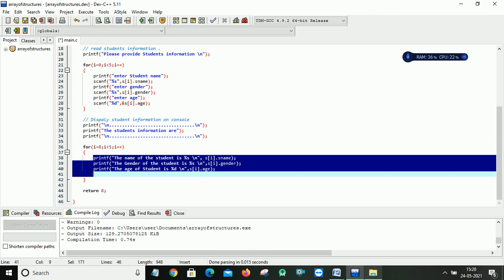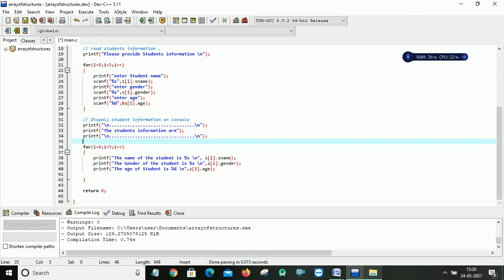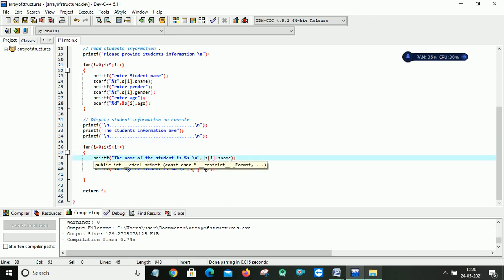Here initially i is 0, so 0 is less than 5, the condition is true, so it will display the first student record. Because in the array concept, the index always starts from 0 and ends with n minus 1, I start my loop with 0, so it will take s[0] as the first record.